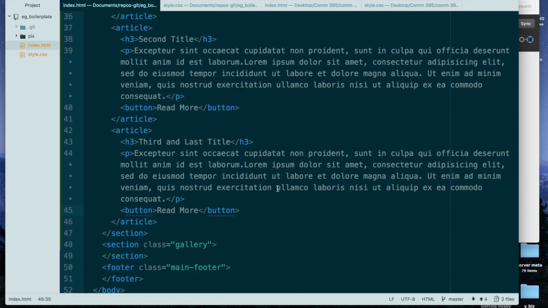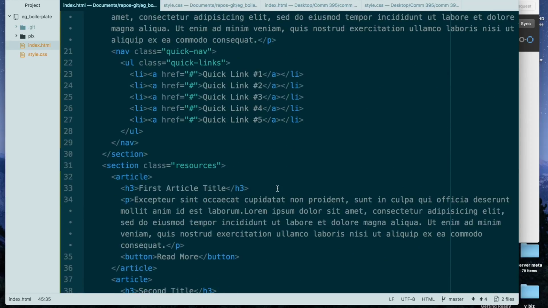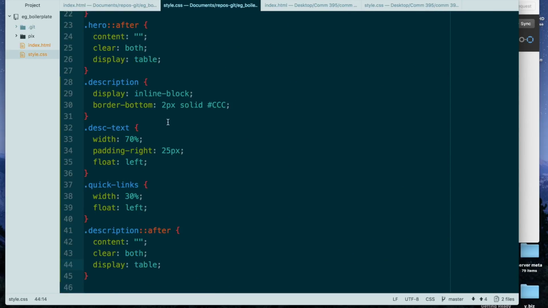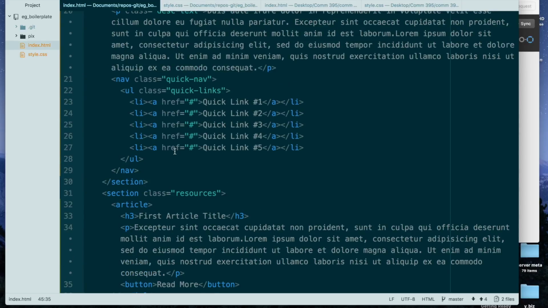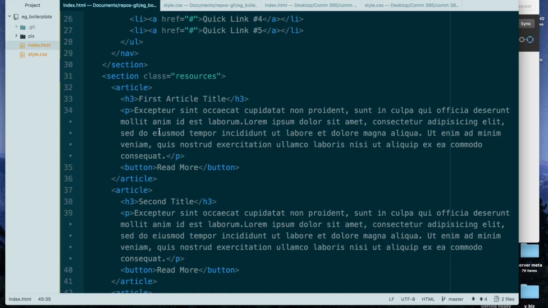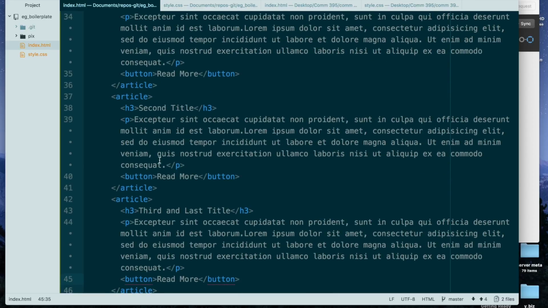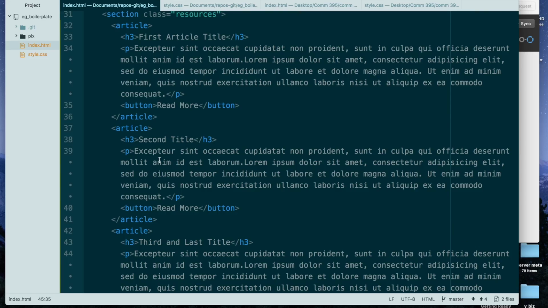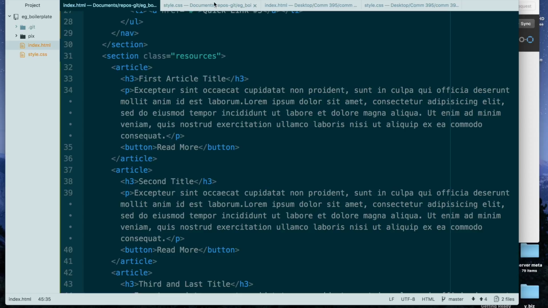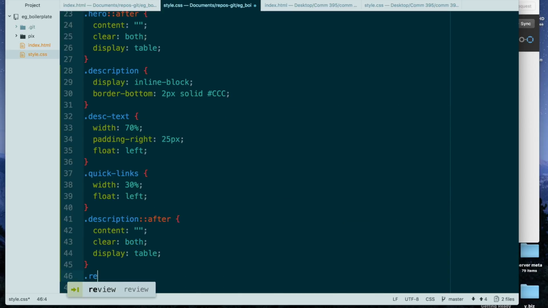Okay. So now I'd like to go into my style sheet and add the styles for those new elements that I've added. Just running back quickly, I have a section called resources, and in that I have 3 articles with some buttons. So the styles I need for this are ones that affect anything that has a class of resources,